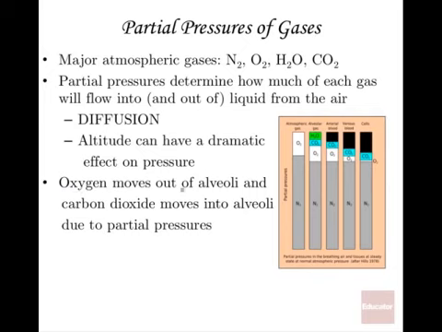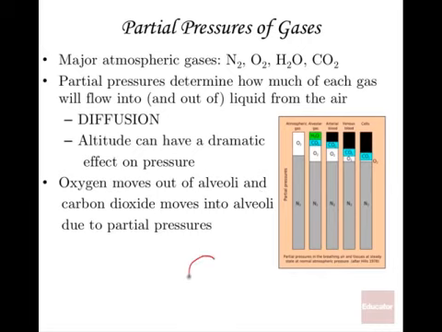Oxygen, the reason why it moves out of the alveoli, meaning once oxygen comes into the bottom parts of the respiratory tree, it moves out of the alveoli into your bloodstream, is because if you look at the amount of oxygen in the capillaries going up into the alveolar bundles, the partial pressure of oxygen is greater in the alveolar sac than it is in the capillary, and that's why oxygen goes into the capillary. Conversely, it's opposite when you look at CO2.